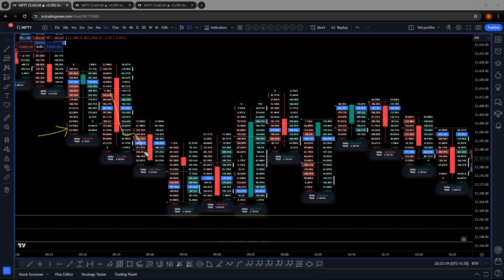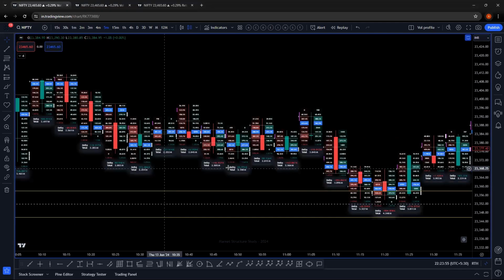Now they're seeing the price start to fall, so they are trying to sell here. Since retail is now going to sell, the smart money is buying here. It's very clear. You can see a red color candle with green color delta, meaning buying pressure has come at this level. But retail now is selling. So retail sellers sell, and smart money starts to buy. Price goes higher again. A lot of sideways momentum for some time.